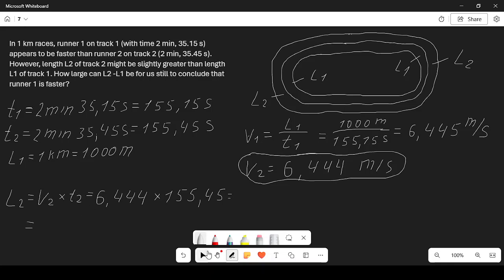Now we are taking our absolutely beautiful calculator and we count. So 6.444 multiplied by 155.45 equals